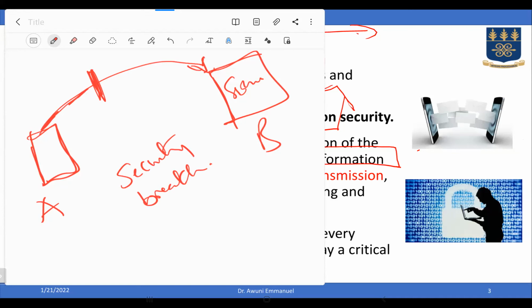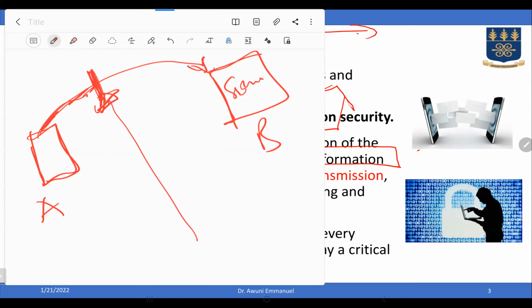Okay, so sometimes, we shall look at some of these. Sometimes it may be a security breach. And if it's a security breach, we have what we call a denial of service attack. Someone can actually do a distributed denial of service attack. That is to say intercepting, and it's all ways of security breach, and also ways of hacking into a system. So if the transmission is blocked, someone can easily block it. And of course, you receive this information and will not transmit what is right or what is supposed to be transmitted. It can transmit different information.